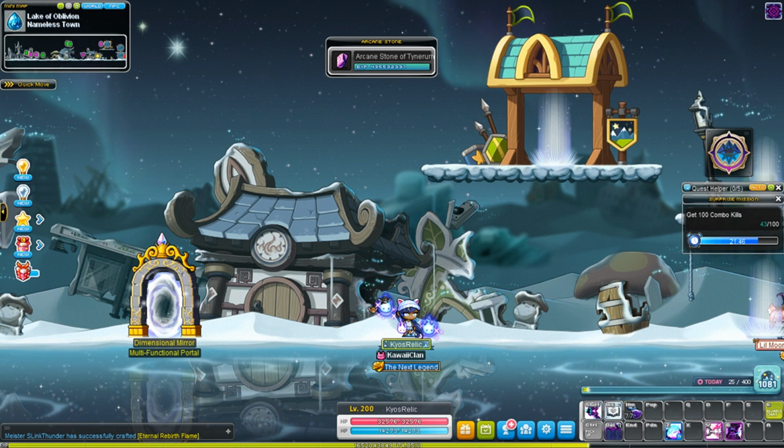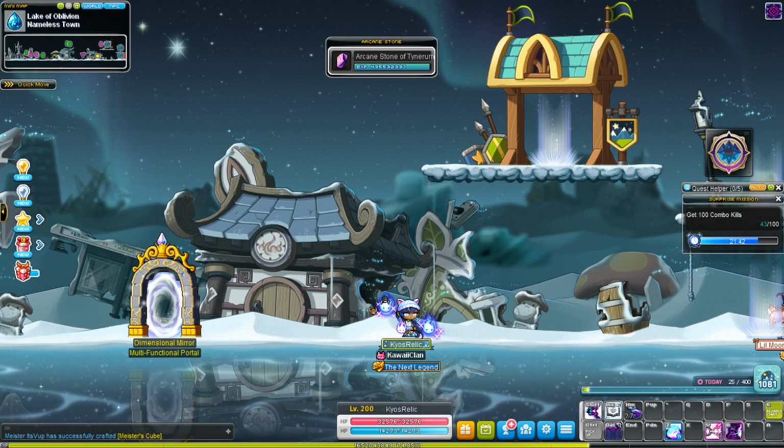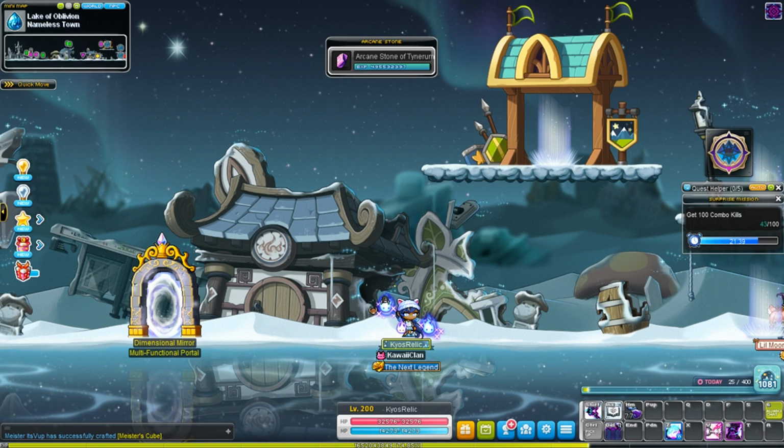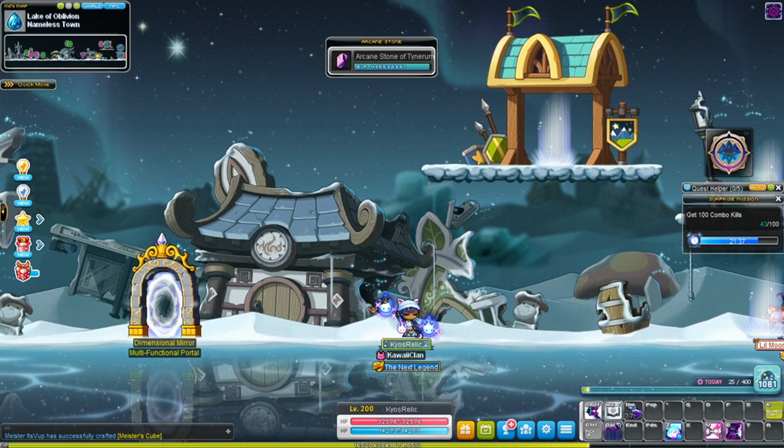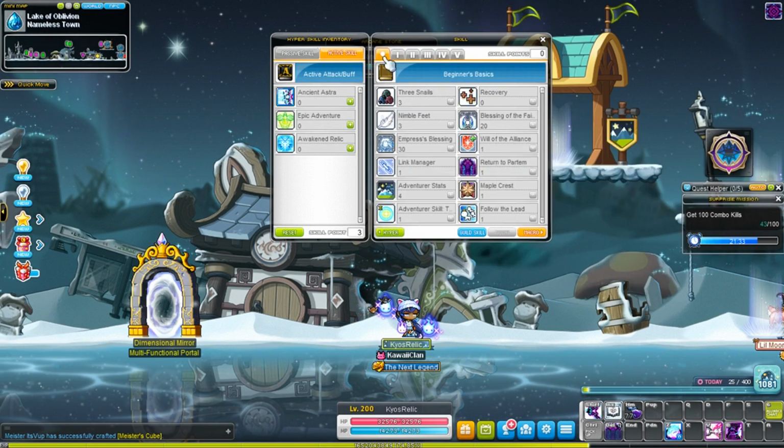So you want to be a Pathfinder. So you want to be more flashy than Bowmaster and Marksman, but you want to be an Explorer Archer anyway. Well, then you've come to the right class. So in the Beginner tab, it's pretty much the same as every other Explorer,